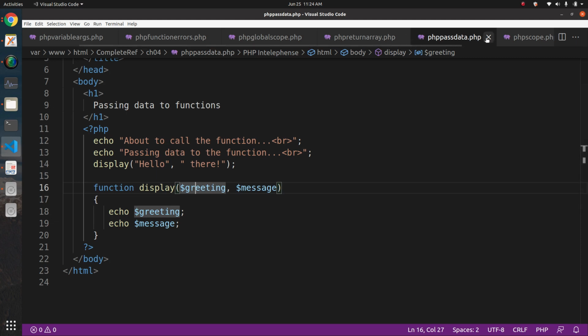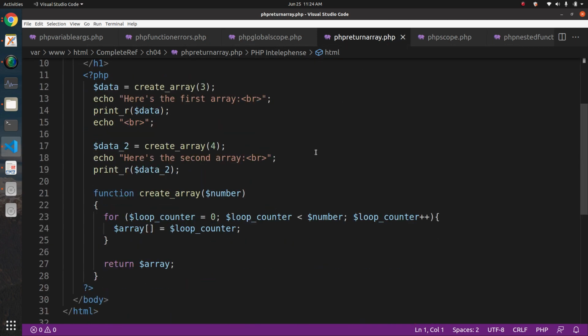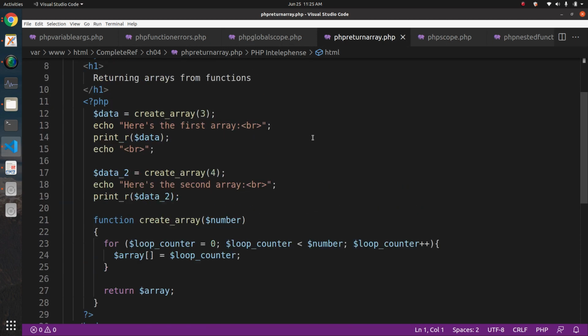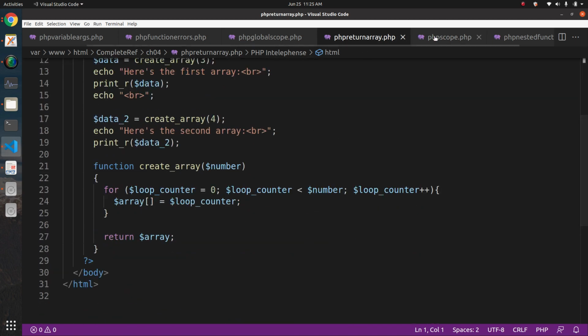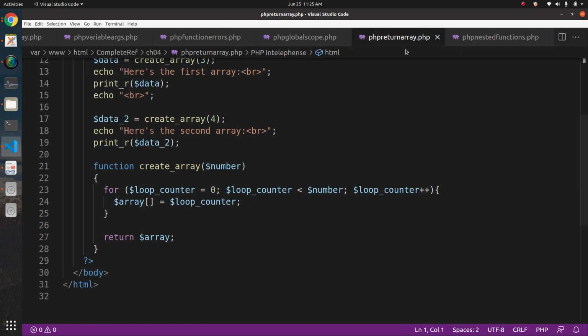Let me close it. That is not important. Scope we have talked about, so let me remove this one also.